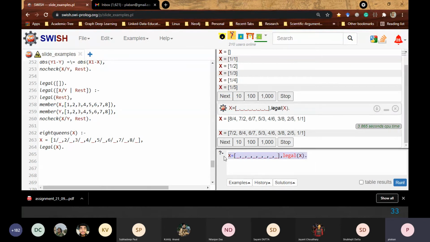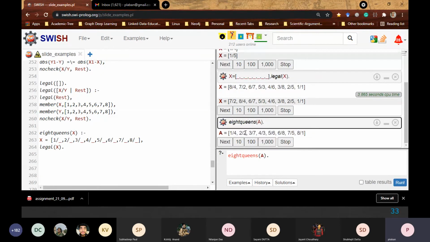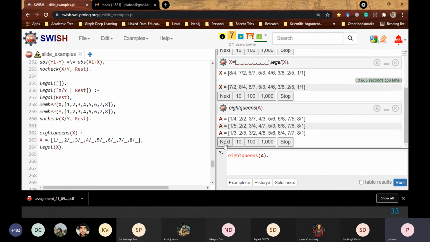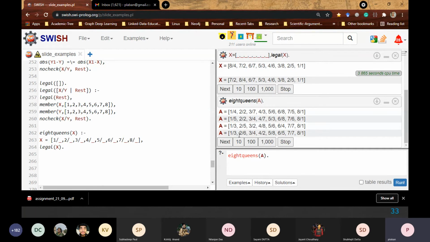So now we'll be calling 8 queens, say A. So it is giving me 1, 4, this, and you see this is not a permutation of the first one as we had earlier, right? And if you keep on doing this, you will see that they are not really permutations of any other